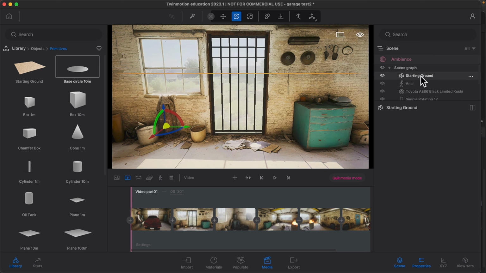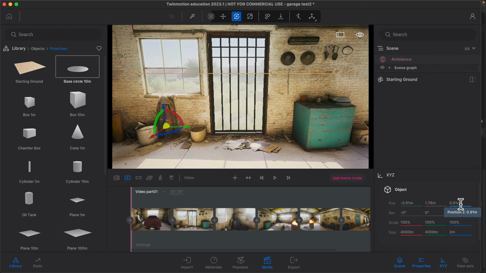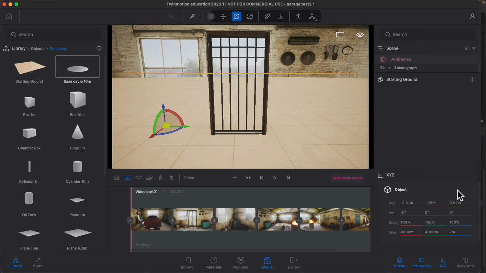So if we click on our starting ground and we look at our coordinates here, we can see it's at 0.91 meters in Z. And if I just bring that up by 0.01 meters to 0.92, it does that. Okay, so now it looks a little bit weird, so I'm going to have to populate this